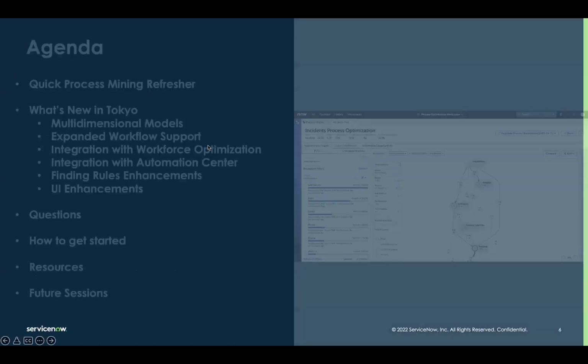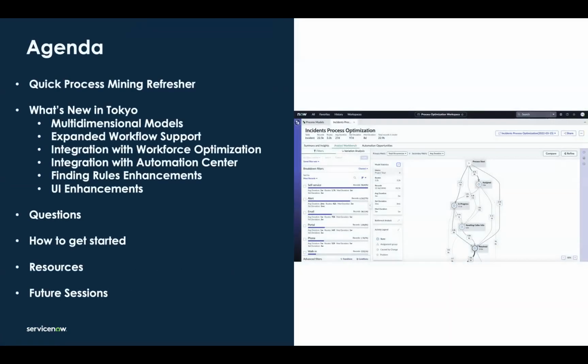All right, so quick agenda for today. One, I'm going to do a quick 3 or 4 slide process mining refresher for those that are new, and then we'll dive into what's new in Tokyo. So we'll cover things like multi-dimensional models, expanded workflow support, and some integrations that we've added with other capabilities on the platform. Some of you have probably heard about the finding rules component that is really powerful in process optimization. We've made a number of enhancements in there, and then we've adjusted the UI in some ways to make it a little bit easier to use with some of the newer